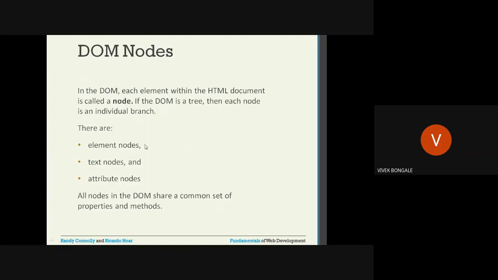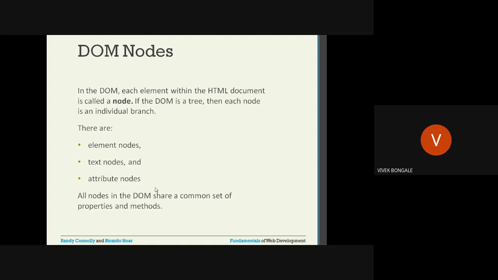Element node means any tag we use in the HTML, like p, a, div, image, source; all these come under element node. Text node is what we give here in the paragraph, whatever text we give, we consider as a text node. Attribute node, like image, any path. It will link to the other page, right? So that is what comes under the attribute node.